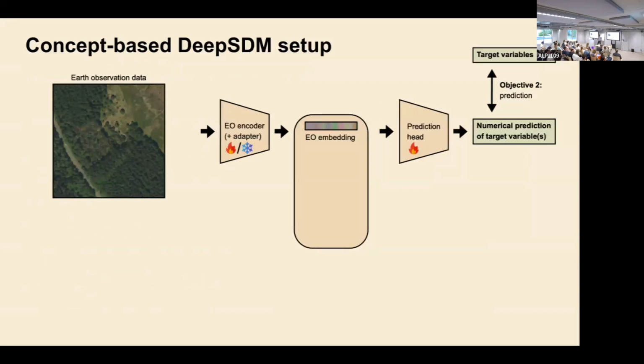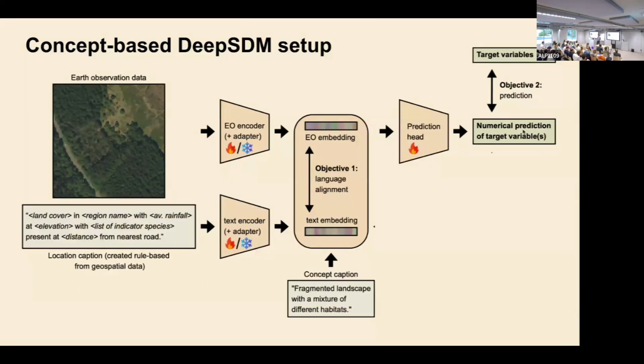And so quickly, our approach, the setup we have so far but presented in this more extensive way, is that we have this EO data, which is encoded to an embedding, and then we train a prediction head on top of the embedding to predict the species distributions. And now we try to language align it using a CLIP-style network. We create text captions for each location that are embedded through a text encoder, and then with a contrastive loss, we try to language align these existing Earth embedding spaces.